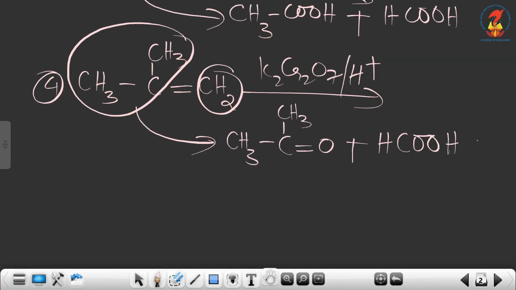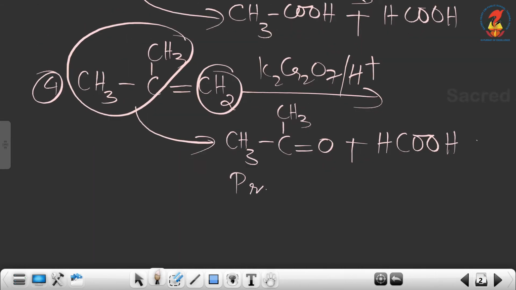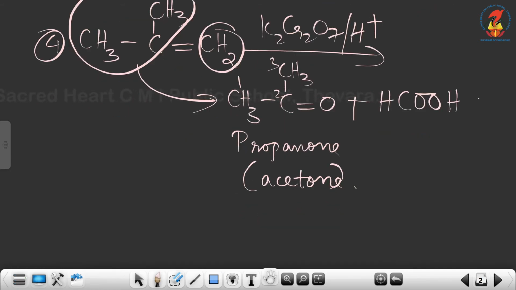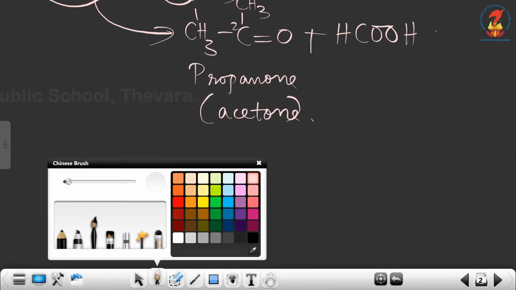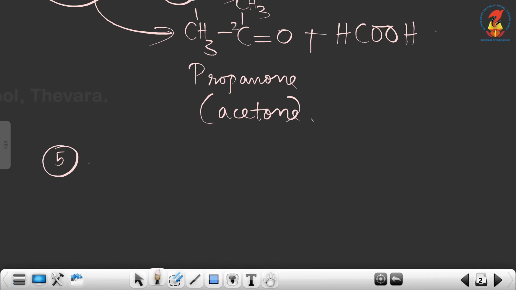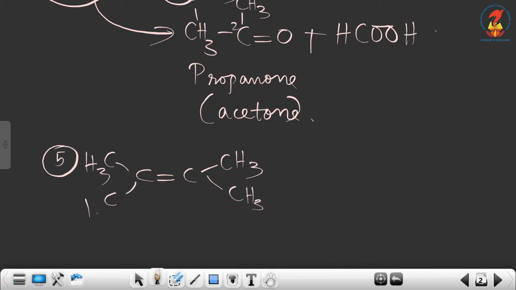Now the name of this ketone is propanone, or the common name is acetone. This is 1, 2, 3, CH3COCH3. Now next example, example number 5. We have C=C with CH3, CH3 on each carbon, plus 2 atoms of oxygen in presence of